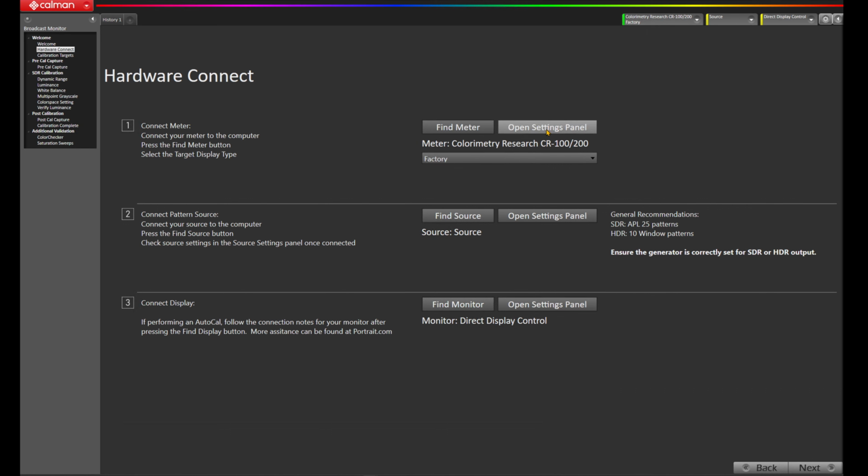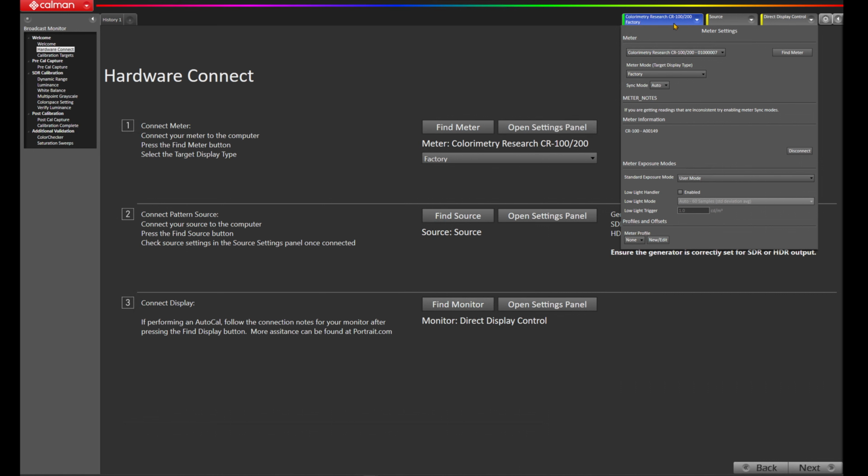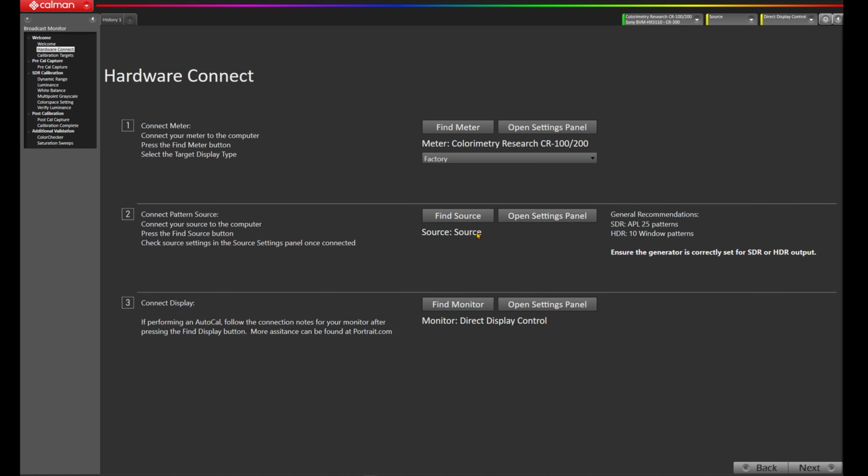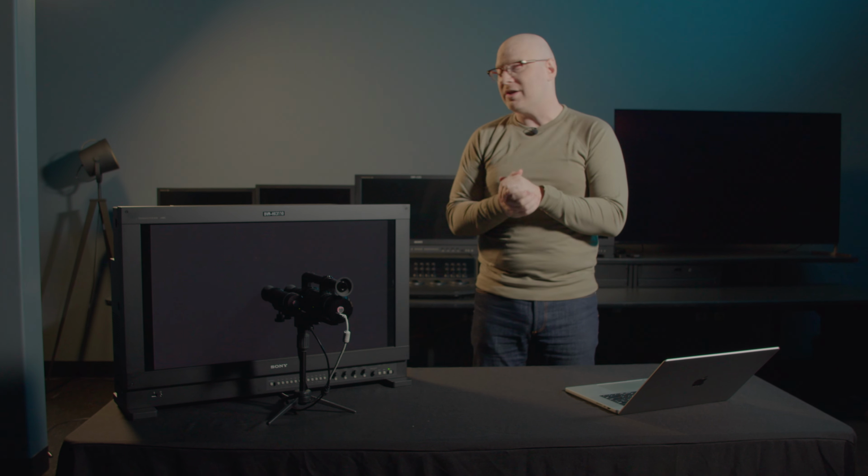At this point, I'm going to open my panel settings and adjust my CR100. I'm going to leave sync mode on auto for the purpose of this video. I'm going to come down to my meter profile and load the Sony BVM-HX3110 CR300 profile that I made earlier today. My next step is going to be to find my source. Today, I'm using the Virtual Forge pattern generator connected to an AJA IO 4K Plus running 12G SDI into the Sony